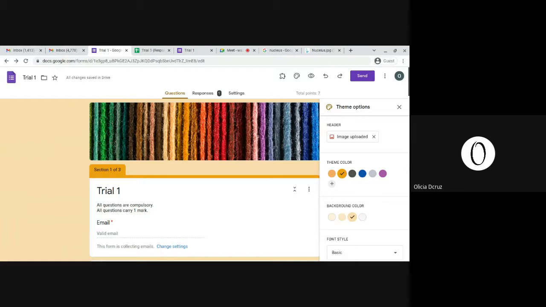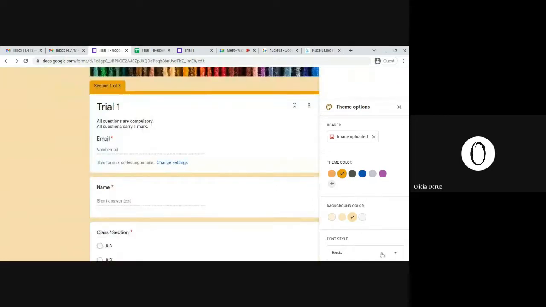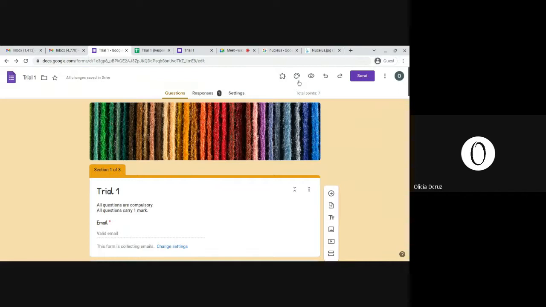There are three fonts available in a Google form. If you're using it for testing, we generally avoid that option. But if you're collecting some data from students, if you want to know your students well, just before the academic year starts, then you can go for the other options for font style. So there is one font style which is cursive handwriting. There's another font style which is formal, the one which is there already. And there is another one which is playful. So you can select any one of these.